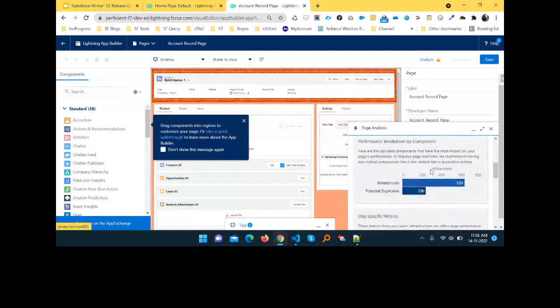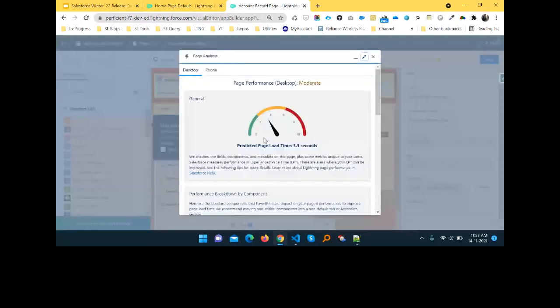You can expand this component here, and you can see the number of CPU cores, browser download speed, network latency, something like that. So it's related to the performance of any page as you want, like a custom object page or standard object page. You can use this one.